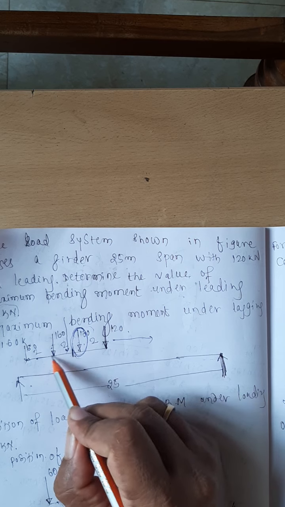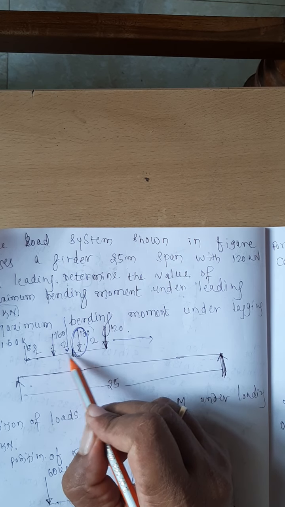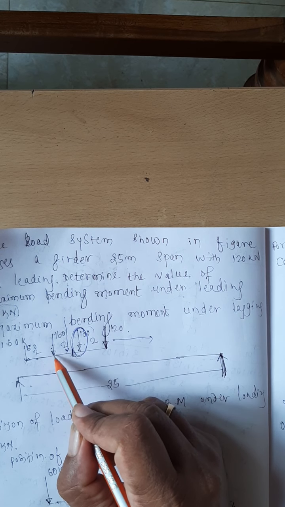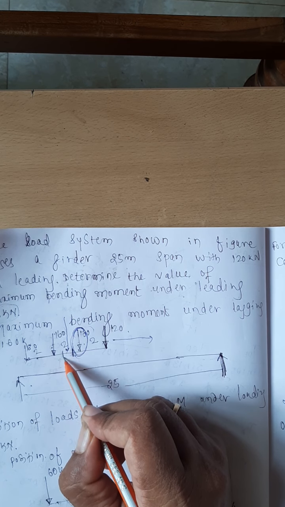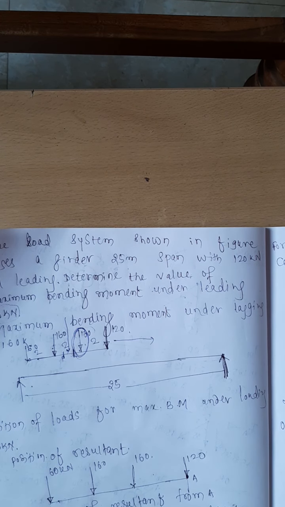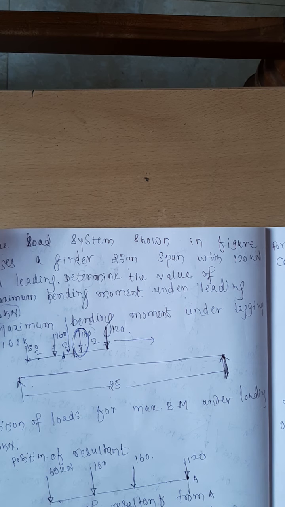See what is the gap between the resultant of this load and the 160 kilonewton. Whatever this gap is, you divide into two parts. Whatever center point you are getting, that center point must be kept exactly above the center of the beam to get the maximum bending moment. Yes, now I will